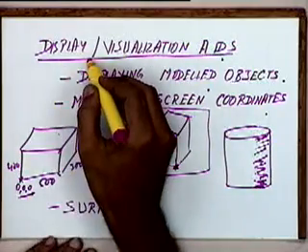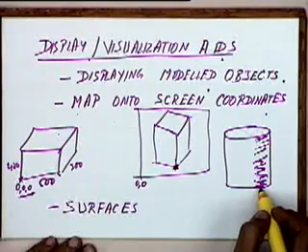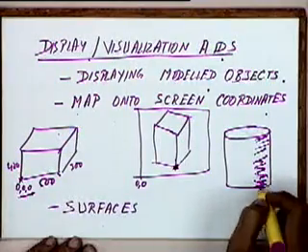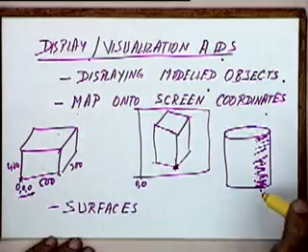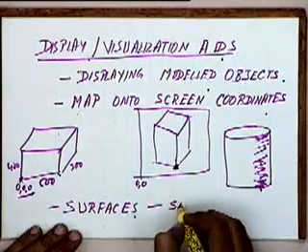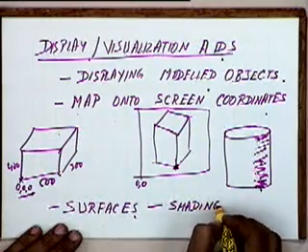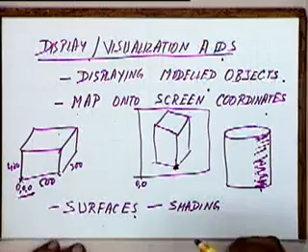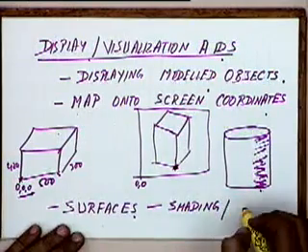So when we are talking of displaying, I should be able to take any object and display it on the screen, depending on what is the location of my light source, what is the nature of the surface, whether it reflects a lot of light or whether it is a diffusing kind of surface, and so on. Okay. So when you are displaying surfaces, we will talk of issues like shading, and we will talk of what is referred to as hidden surface removal.